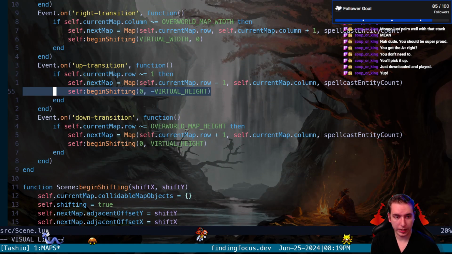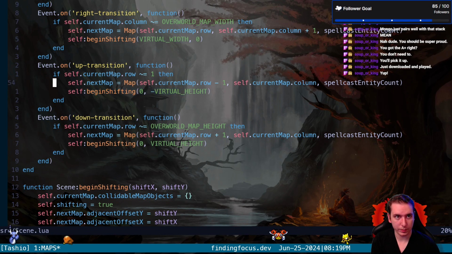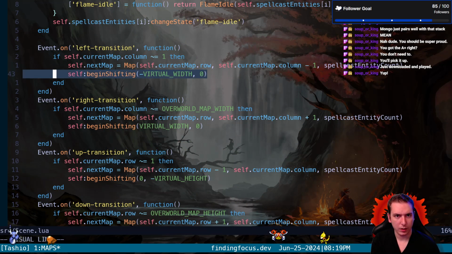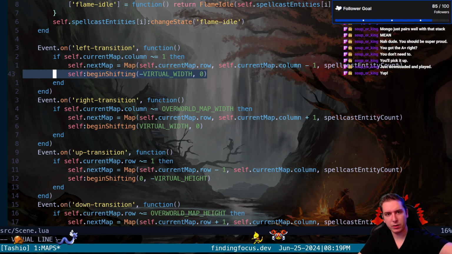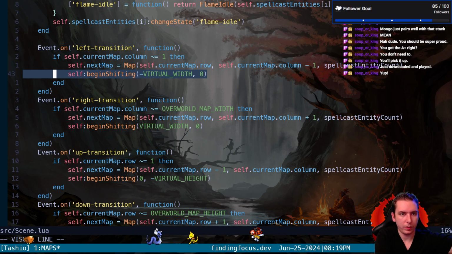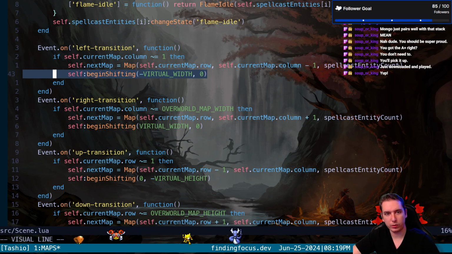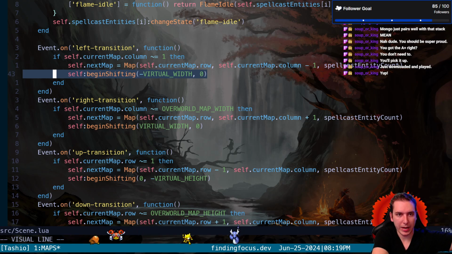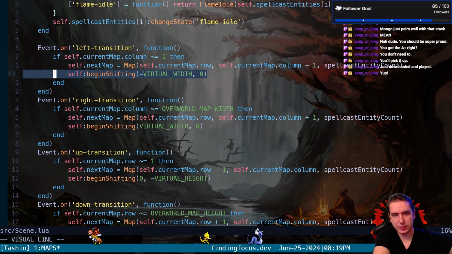Now, if we look at our begin shifting, this is kind of the magic of it. The begin shifting has a shift X and a shift Y. So let's just look at left transition. Negative virtual width means that instead of the X being 0 at the top left, we want our X to be a whole screen worth negative. So just off screen to the left, because a left transition would scroll it from the left onto where you're looking at. So ours needs to go from that negative 144 down to 0 by the time we finish a